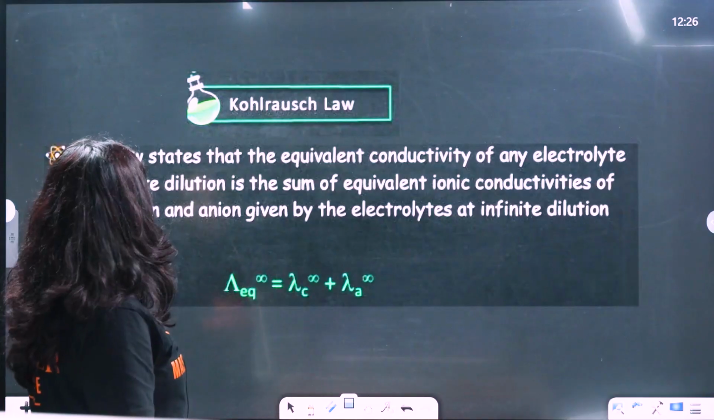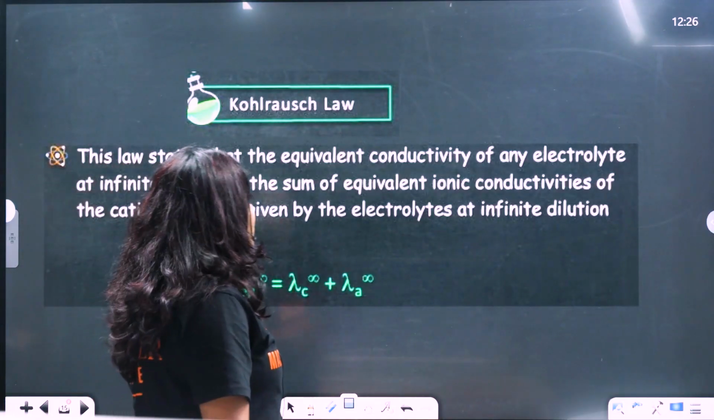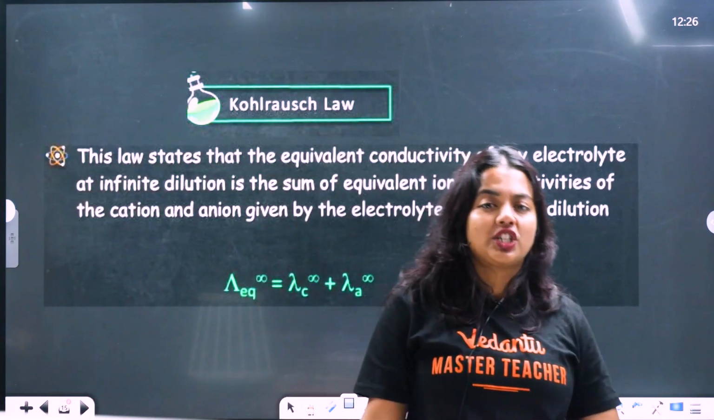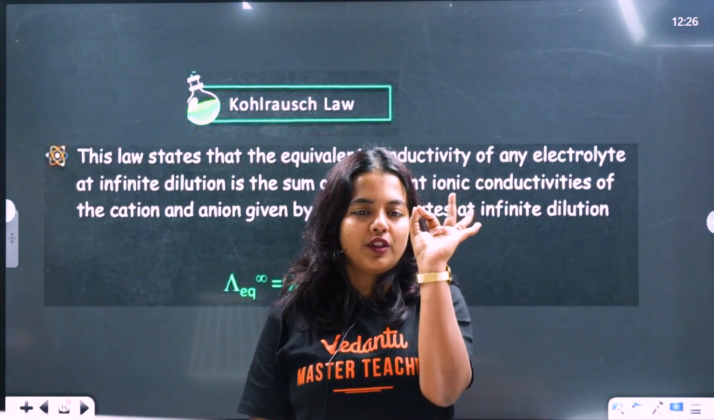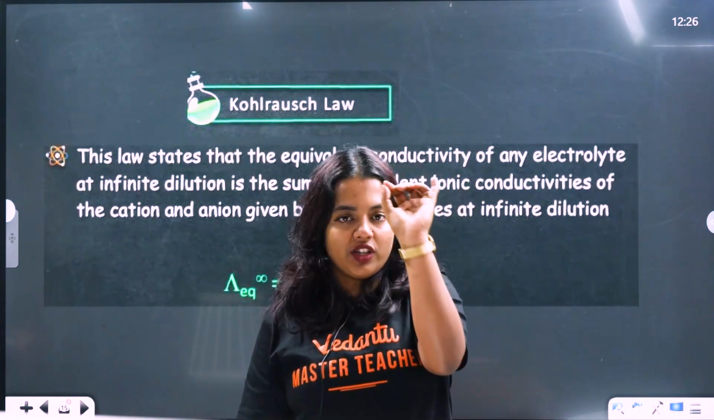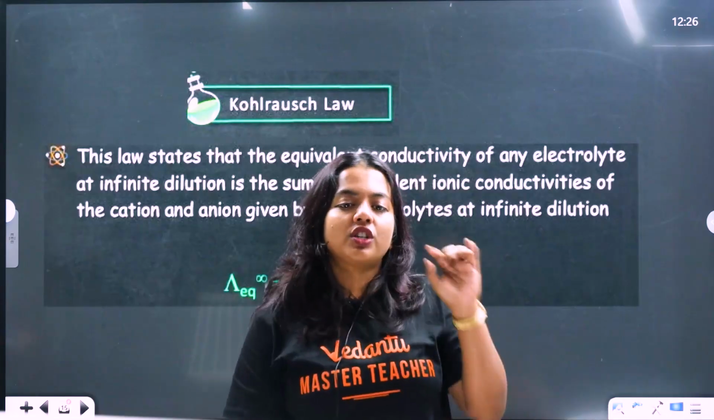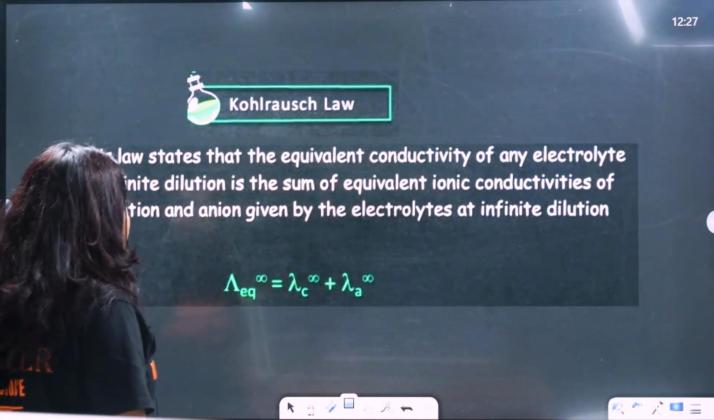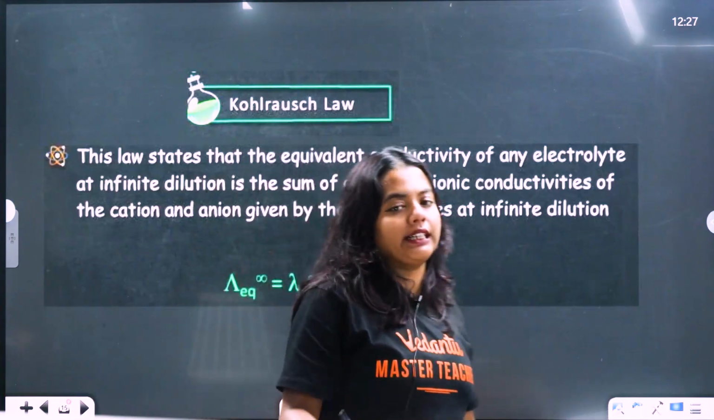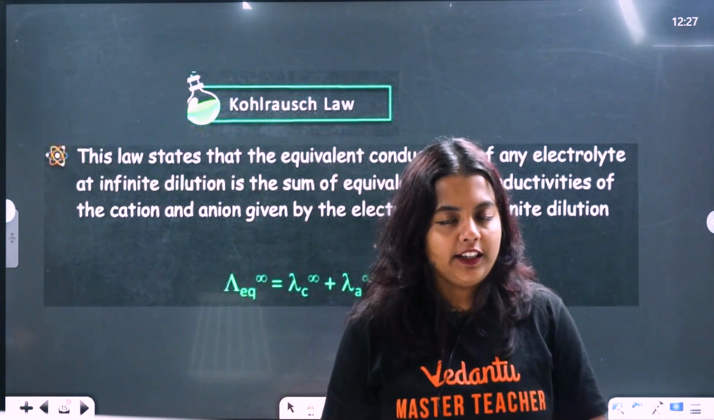Okay, now comes Kohlrausch's law. The pronunciation, the H is silent there: Kohlrausch. So the law states that the equivalent conductance or equivalent conductivity